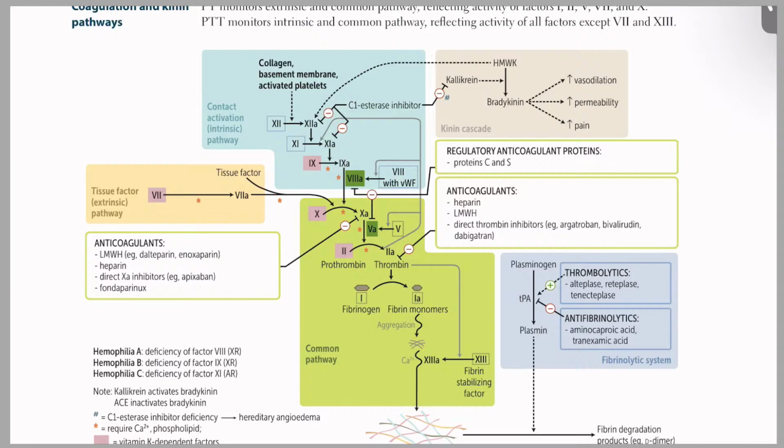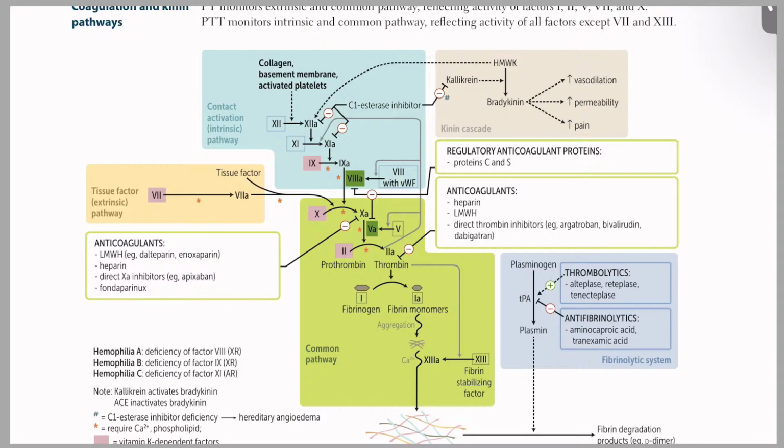Plasminogen to plasmin by tPA. Thrombolytics: alteplase, reteplase, tenecteplase. Antifibrinolytics: aminocaproic acid, tranexamic acid. Fibrinolytic system. Tissue factor is the extrinsic pathway. Okay. Anticoagulants: low molecular weight heparin, that is